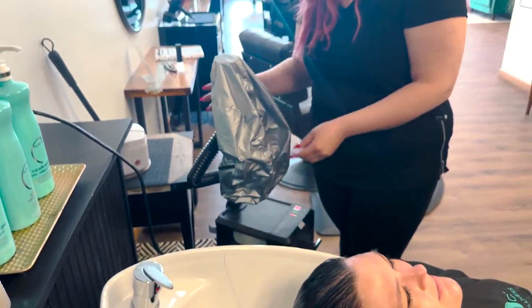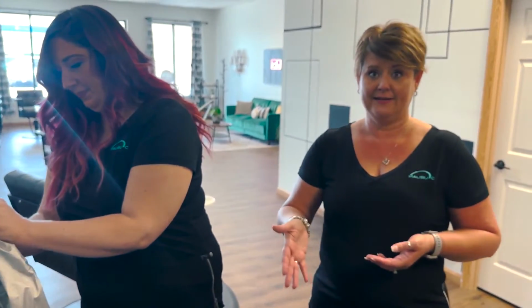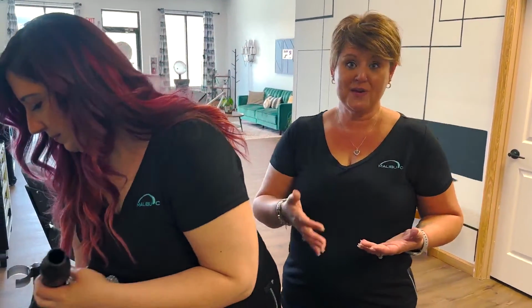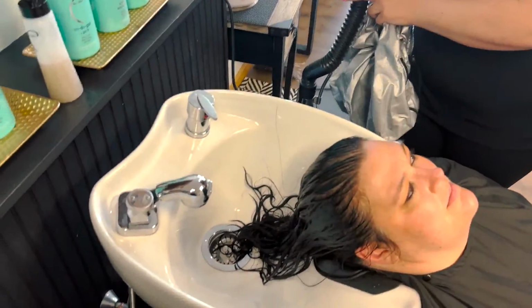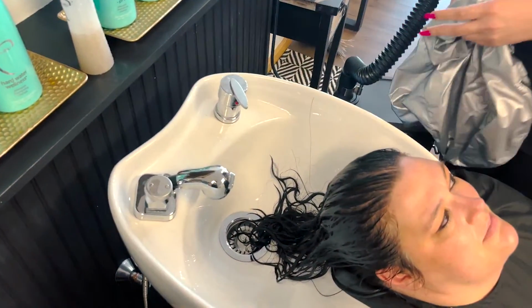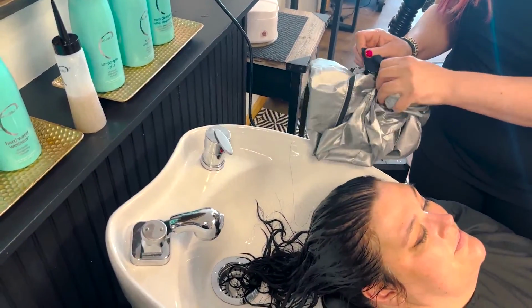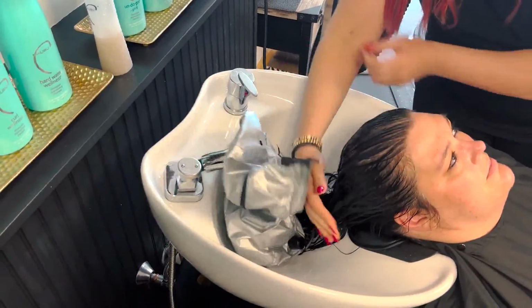The way you decide how long to process is based on what the initial scope looked like. If she had a lot of buildup, then you would process for a longer period of time. If she has minimal buildup, you could actually get away with not using a heat source at all, just increasing the massage. So what Erica is actually using, this is the Spa Mist 2 from Takara Belmont, and this is